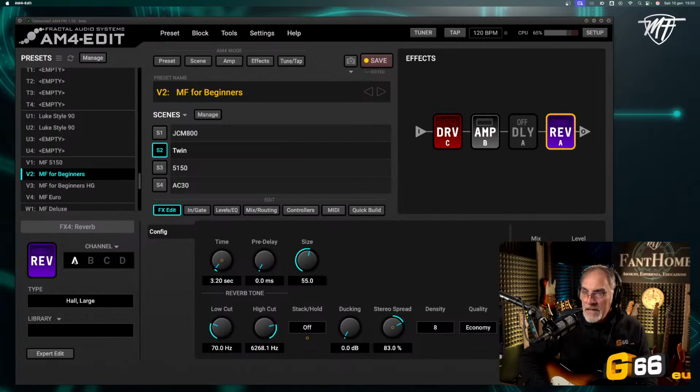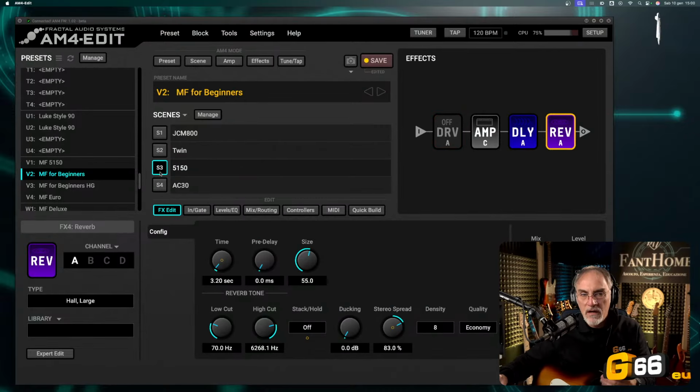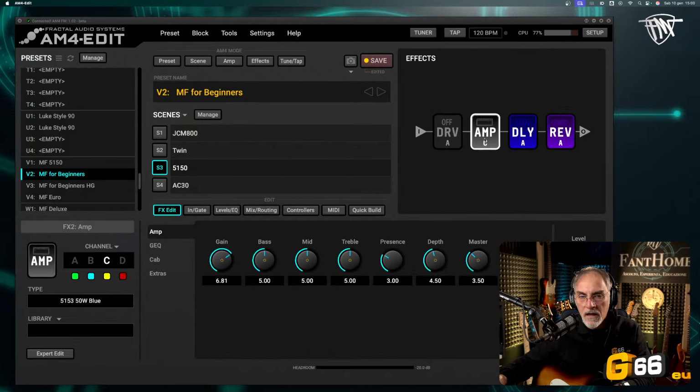Okay, I also give you a super high gain preset, not really super high gain, but it is one of my favorite channels of the 5150 AVH, sorry. But the base is the famous 5150 amp. And so you can also have the high gain amp.